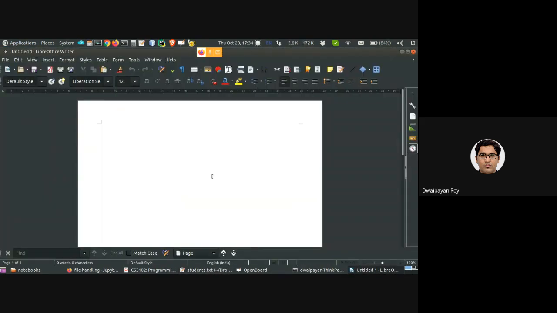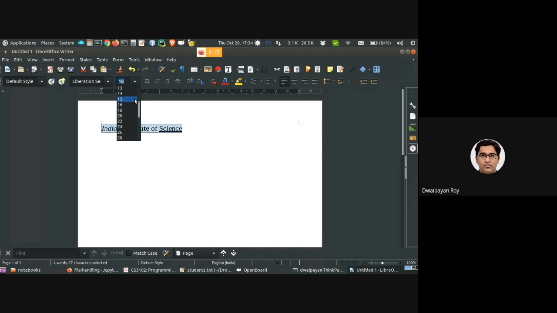I'm opening LibreOffice here. Let's say I write Indian Institute of Science. Now, if I make this one italics, this one bold, and this one underlined, and together with that, let's increase the font.